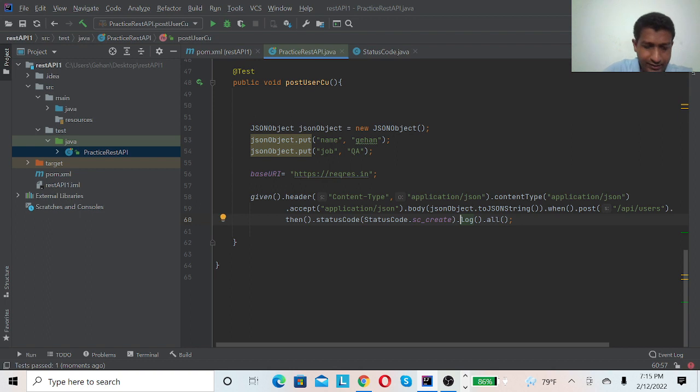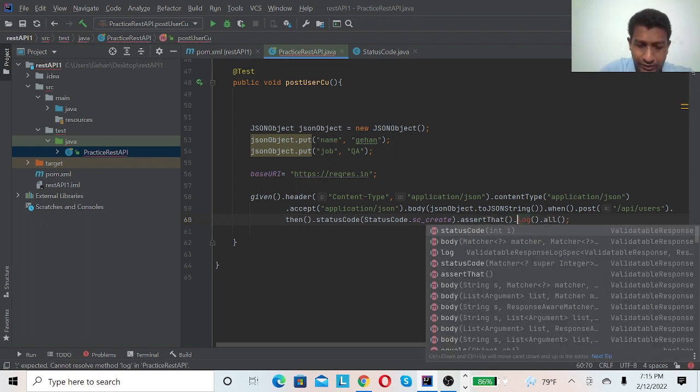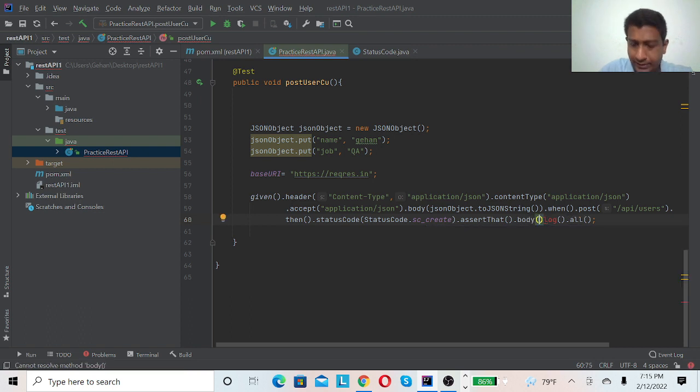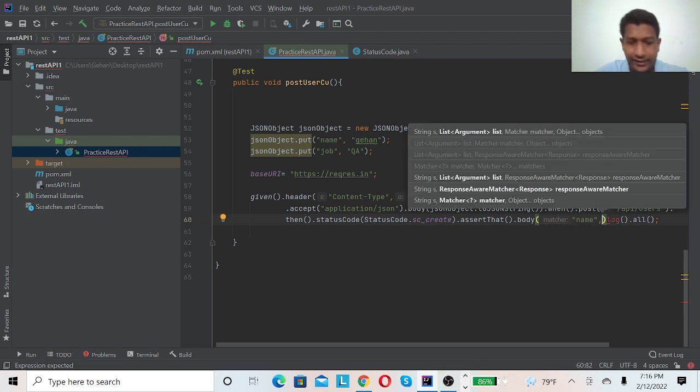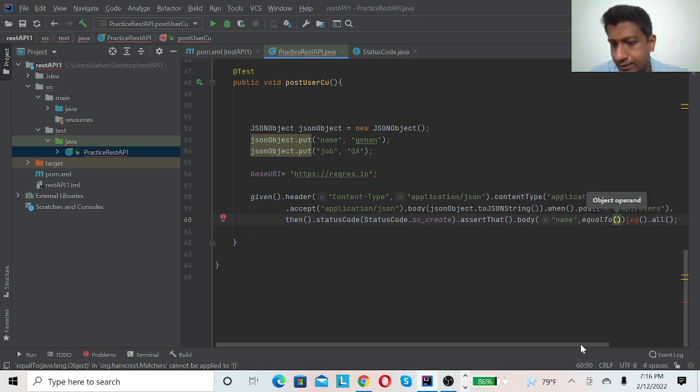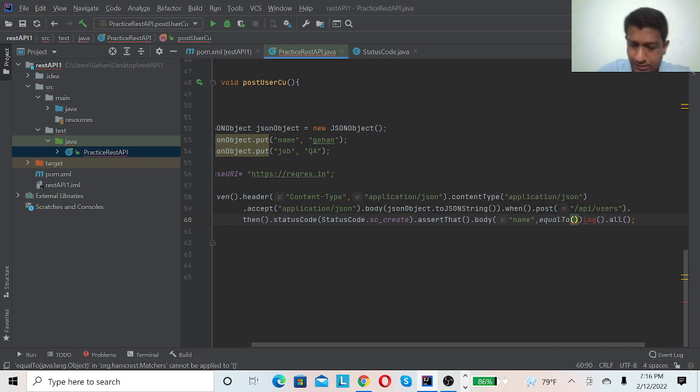So here I will add assert that dot body, and here I need to give the JSON path, which is the name, comma, equal to, and I will put the name.